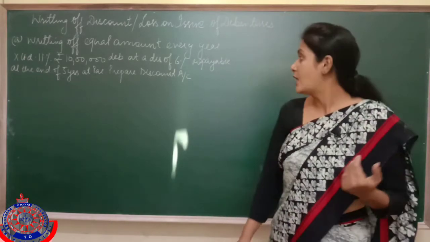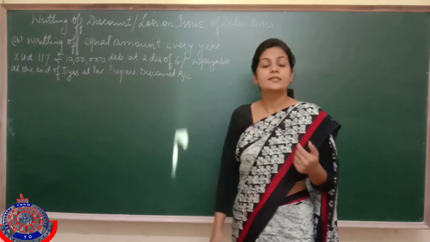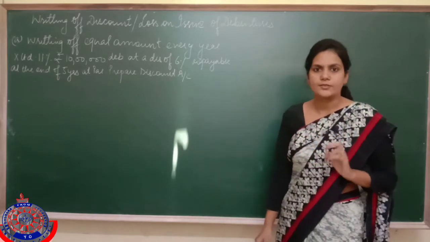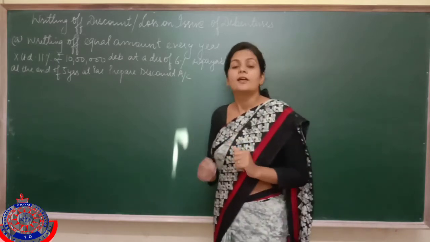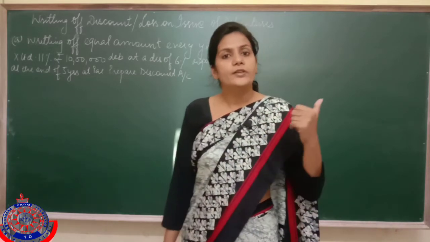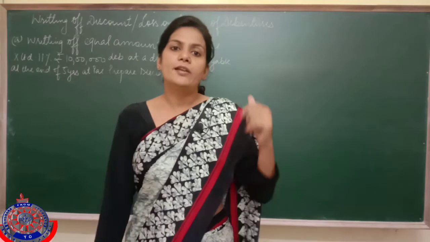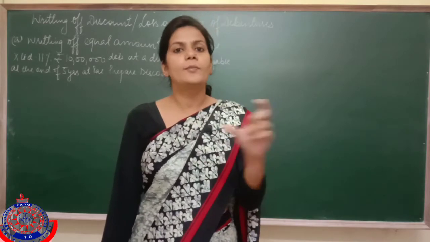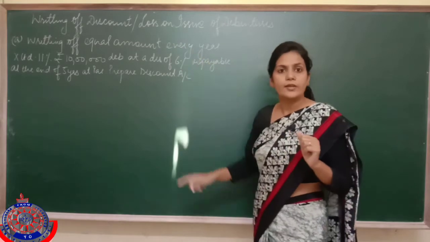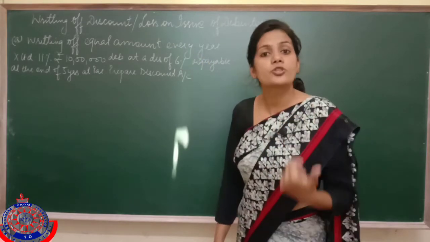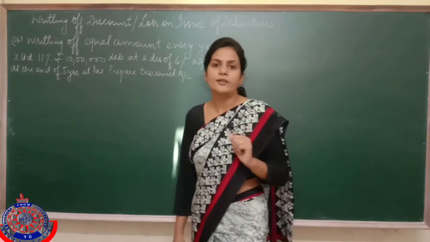But in the exam, apart from the entries, they ask for the ledger accounts. Which account? Account of discount on issue of debentures. Got it? So read the question first of all. And one more thing before that. We can write off the discount in two ways. Either we can write off the discount in equal amounts every year, or write off a proportionate amount every year. These two are different cases.